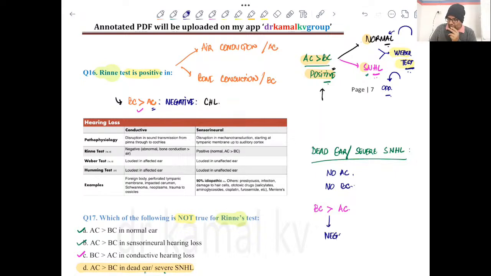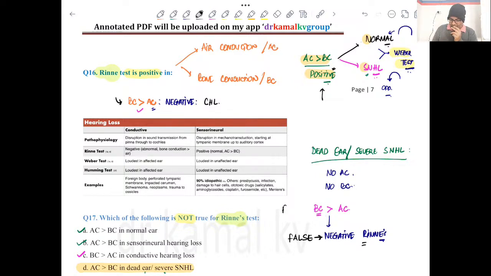Negative test. Right? So this is negative Rinne's. But what is happening here, this bone conduction, whatever is occurring, it is occurring because of the other ear, right? Not because of the ear which is under evaluation. So therefore, the other ear is giving us the wrong information, and therefore we use the word false negative Rinne's